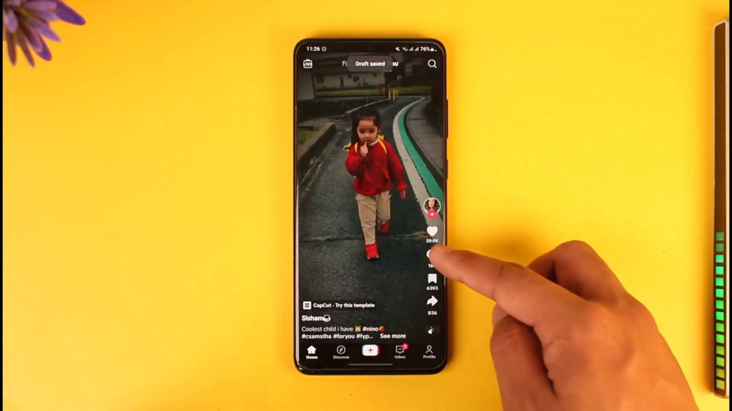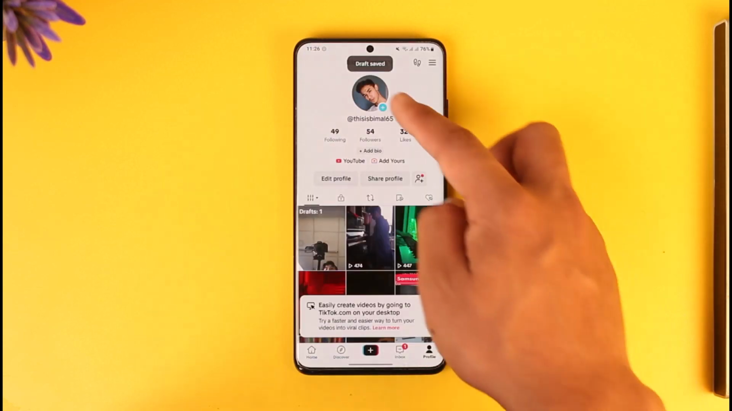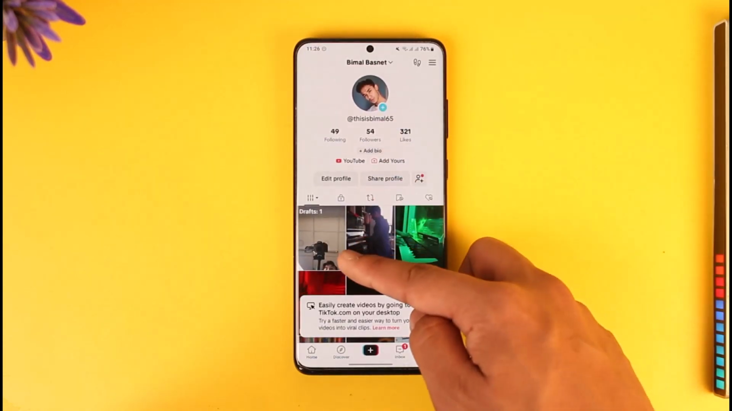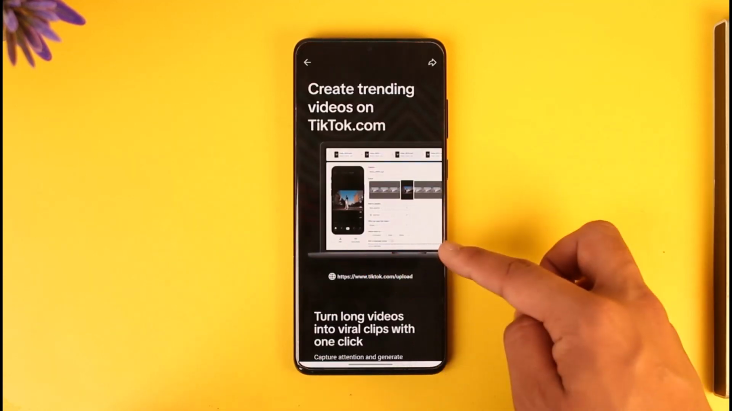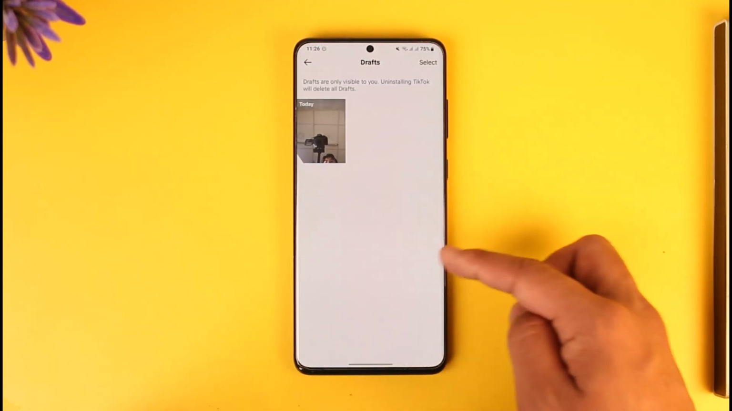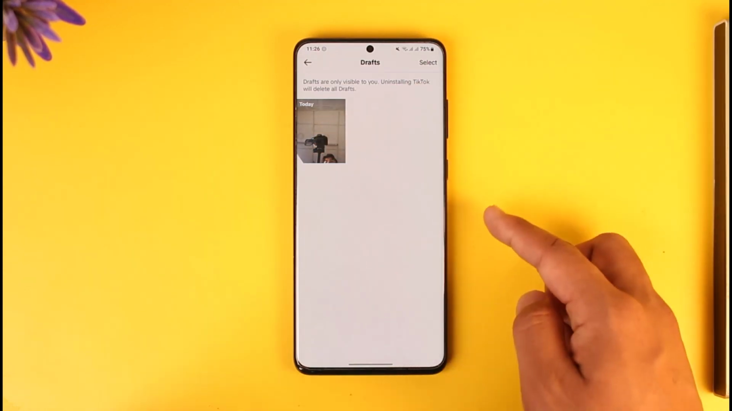Now once I've saved this to my draft, how do I share it? Maybe to my profile page. Now here you can see, you just have to come to the profile page and you'll find the draft footage that we saved earlier. So you want to make sure to tap that draft footage here and then just select this up, and now